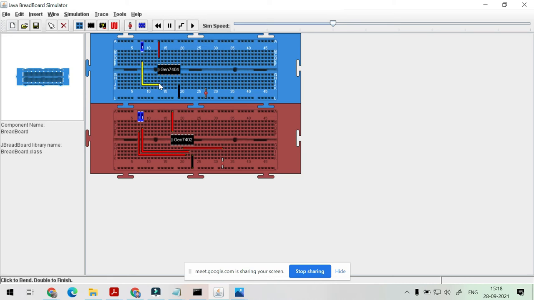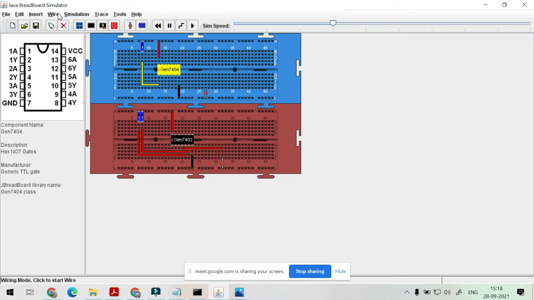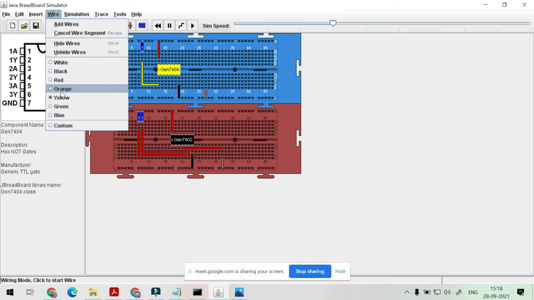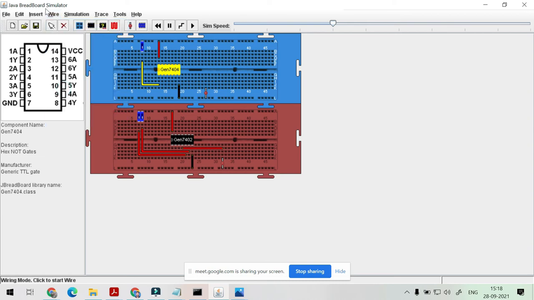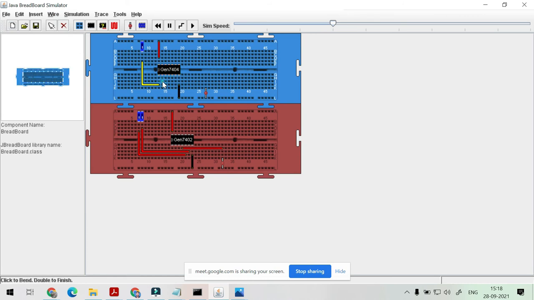So here we have to provide this input, and output we have to take from pin number 2. After this, we just have to run this simulation.